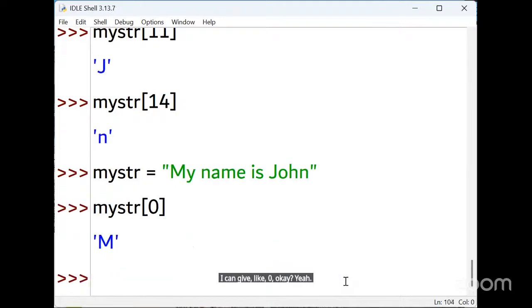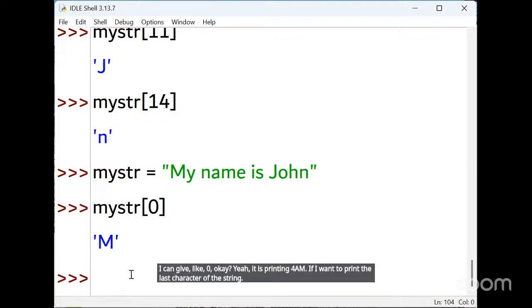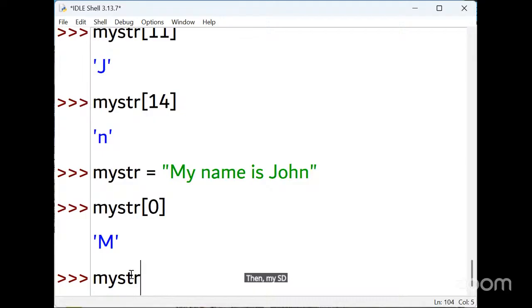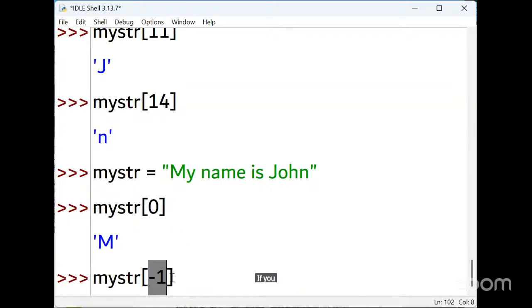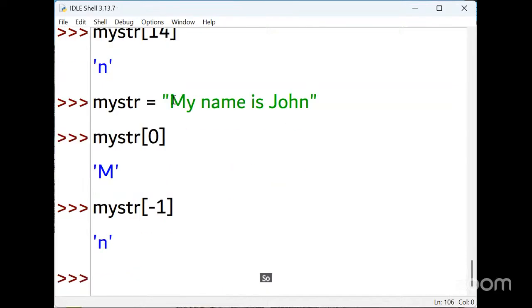Yeah, it is printing M. If I want to print the last character of the string, you can put -1. If you want to print the first character, you need to put 0. If you want to print the last character of the string, you can put -1. See here, my name is John. Your first character is M, so it has printed here. And your last character is N. By using -1, you have printed the last character.